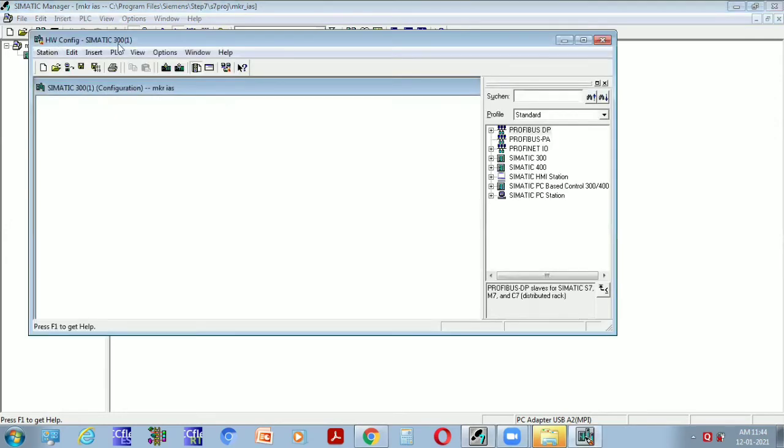So this is the hardware configuration window. In that, go to the Insert option, click on Insert Object, then Rack 0 will open.